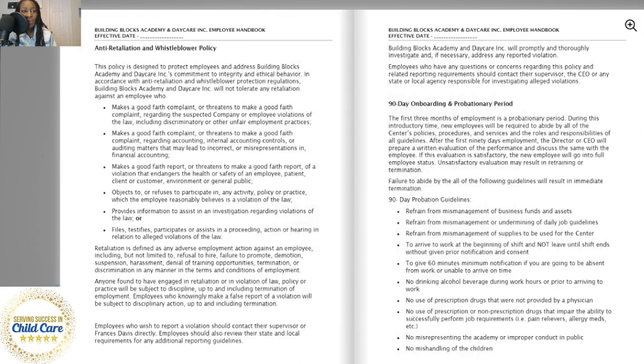Let's go forward. Anti-retaliation and whistleblower policy. Now, I'm not going to read this whole thing, but let me tell you why this is important. It lets your employees know that they are protected from even you. For instance, if an employee in your facility makes a complaint about something that is legit, like say you have nails protruding out of the wall, and that's a safety violation, and the manager doesn't do anything to take care of that safety issue, and they report it, this anti-retaliation and whistleblower policy pretty much just states that